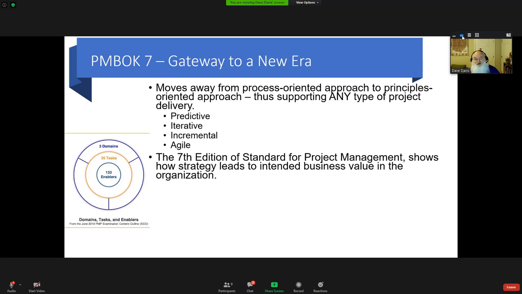We also show how strategy leads to intended business value, and strategy is still becoming a point. We're still going to have this concept of a clear line of sight between the strategic intent and the outcomes and deliveries of a project. A project is a means that an organization uses to deliver value, delivers outcomes and capabilities. Capabilities are functions, outcomes is the ability of the organization in order to utilize those functions.